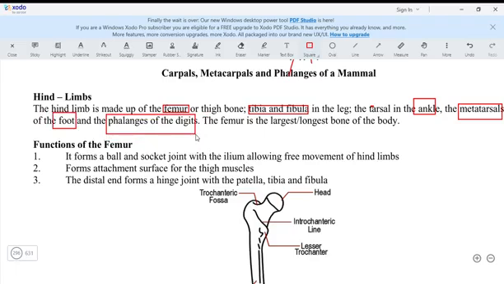As I said earlier, the femur is the largest or longest bone of the body. What's the function of the femur? It forms a ball and socket joint with the ilium, allowing free movement of the hind limb. When you draw